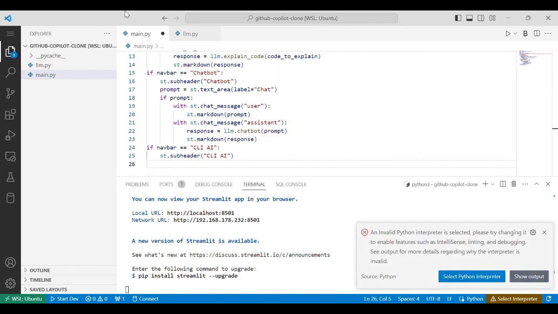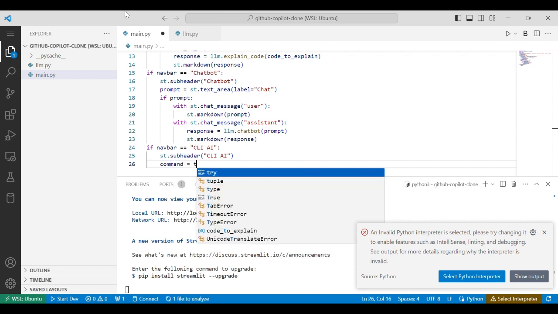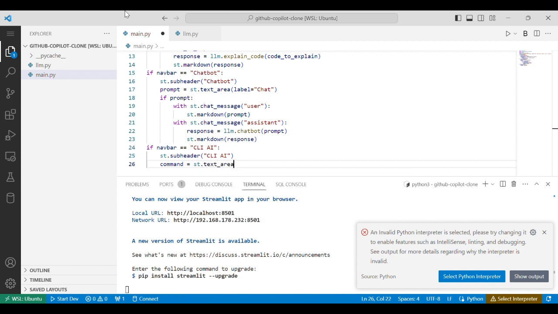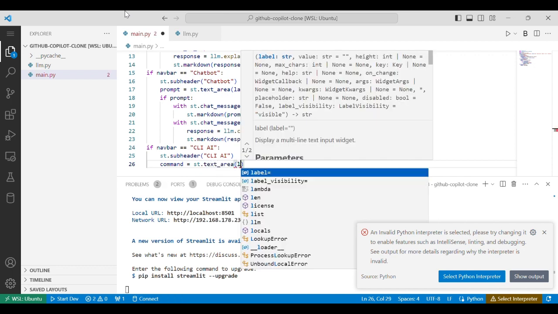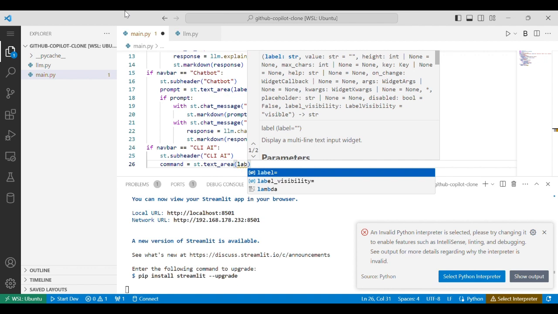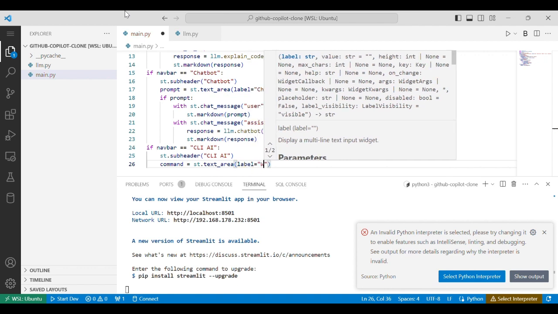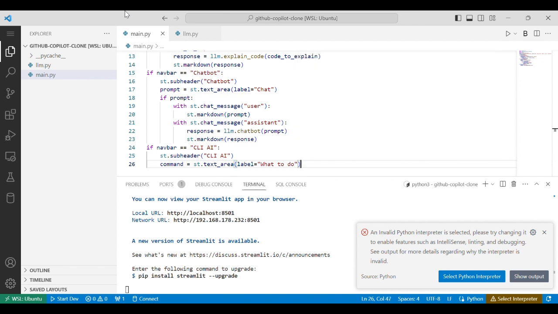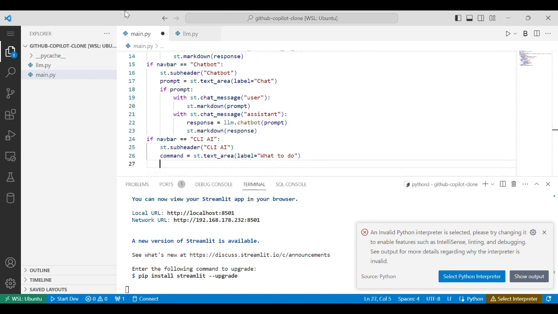Now after that, command is equal to st.text area. We set the label as what do you do. So it'll ask the user what do you want, what command are you looking for, what should it do. Just platform